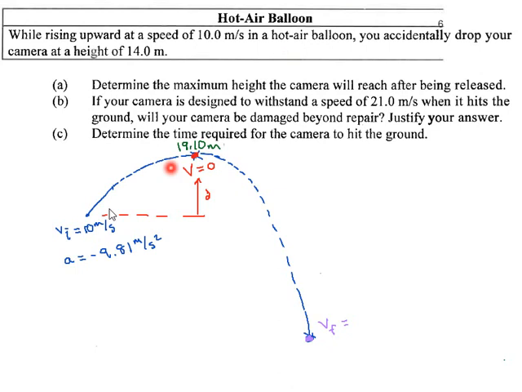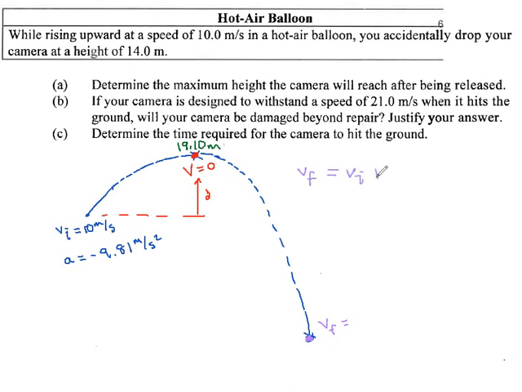Now, if you throw an object up 10 meters per second from ground level, then when it comes back down to ground level, it'll be going minus 10. There's always symmetry there. But that doesn't work if you throw something off a ledge or drop something from an aircraft and it falls to lower than its original height. In that case, this velocity will be faster than minus 10. And to find it, let's see, we need something that involves Vf. And again, our options are